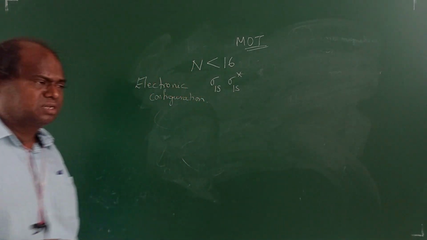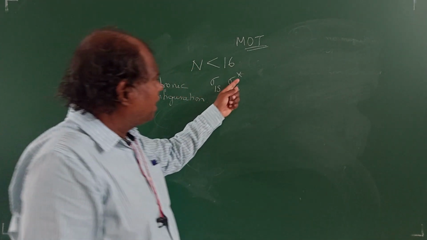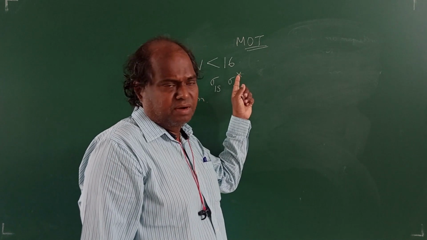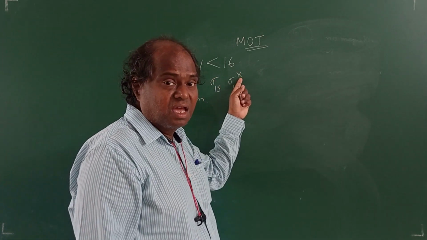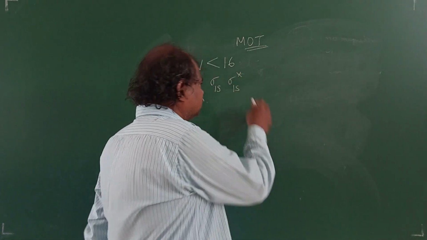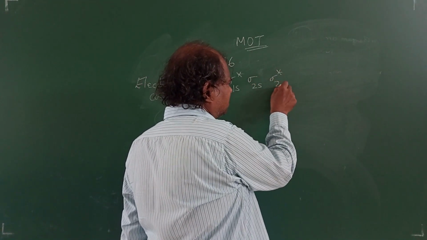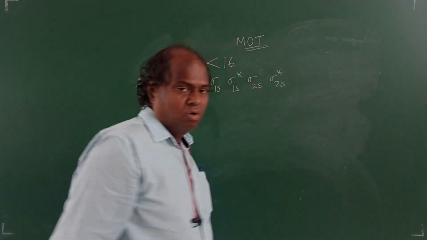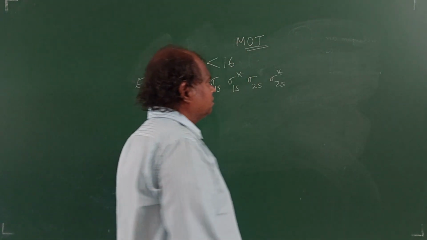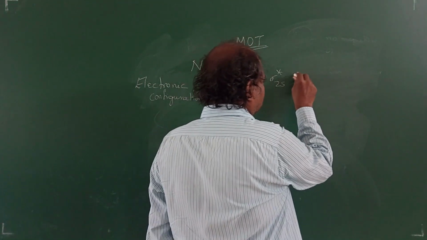So next you will fill sigma star. When I put a star, it is anti-bonding. I think you might have done this. This is bonding. Star means anti-bonding, right? Then sigma 2s. Then what will you get? Sigma star 2s. Okay. Then next is, students,